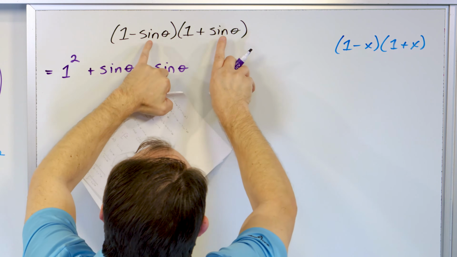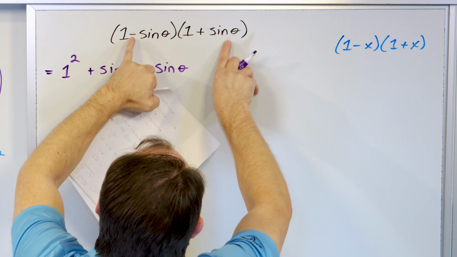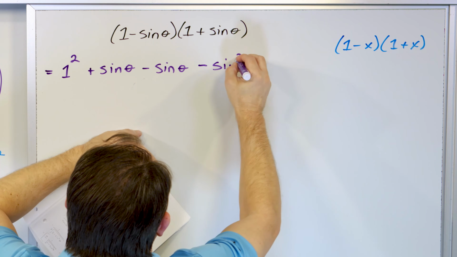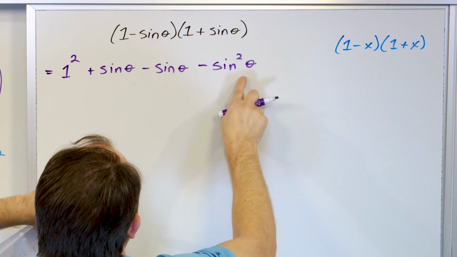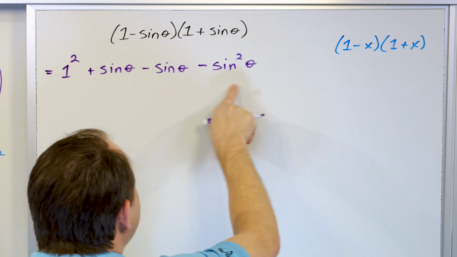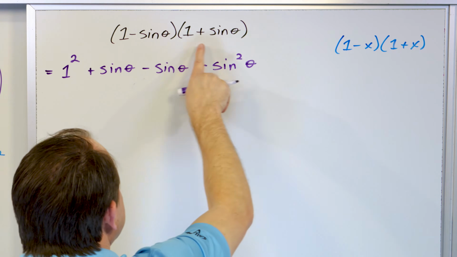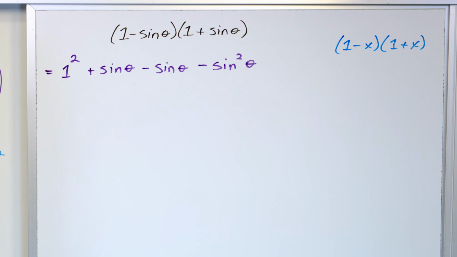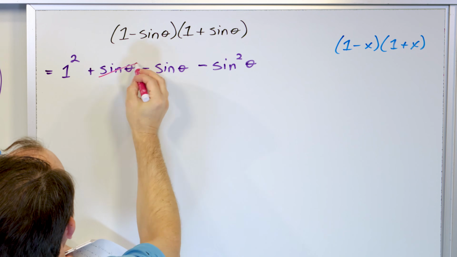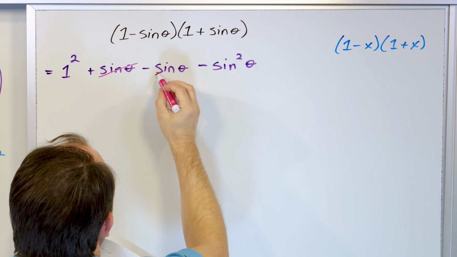And then the last terms, I have a sine times a sine, but this one's negative and this one's positive. So it's negative sine squared theta, because the sine times the sine is this, and the negative times the positive is this. This looks ugly, I agree with you, but this is exactly what this multiplication is. But notice what happens. The inner terms cancel because the sine of theta subtracted from the sine of theta gives you